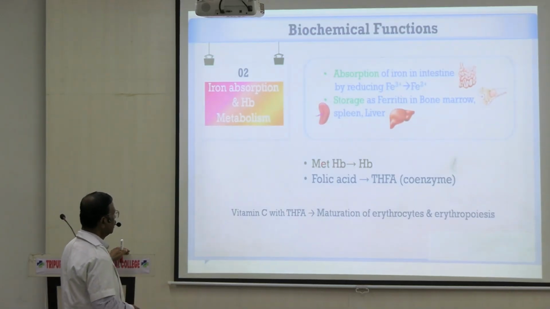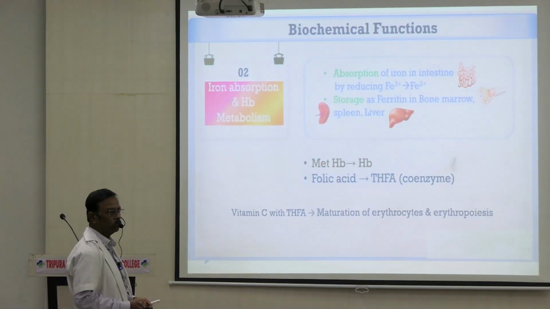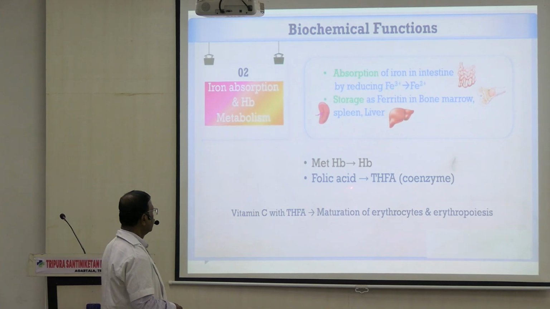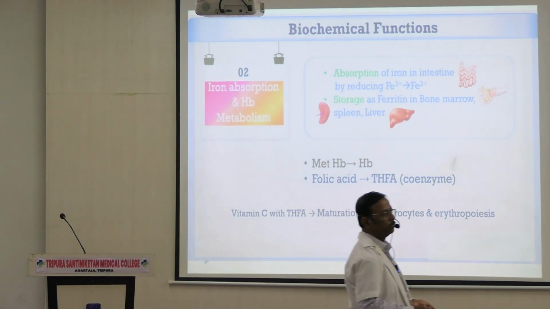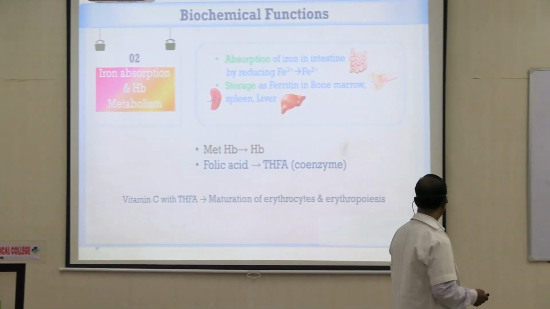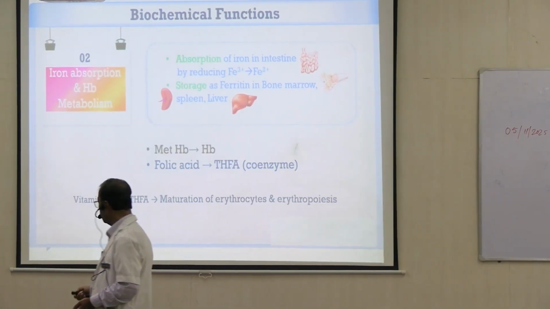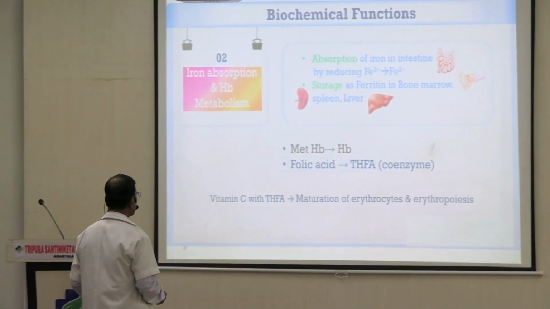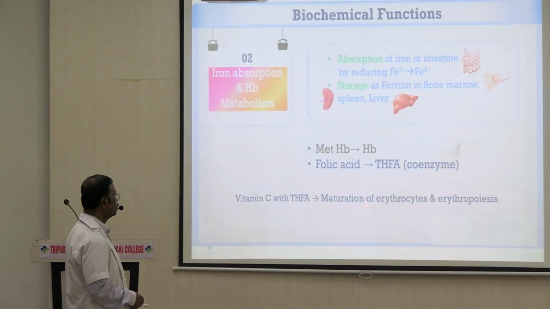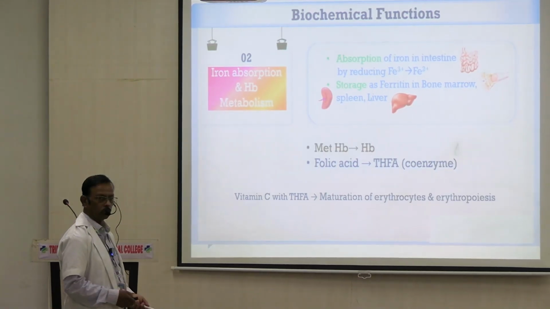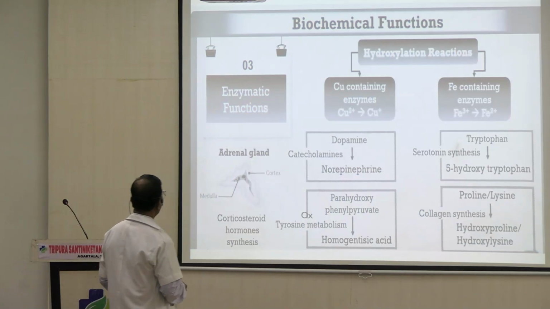It is helpful in converting methemoglobin to hemoglobin. Then it converts folic acid into its active form, tetrahydrofolate. Both vitamin C and tetrahydrofolate are responsible for maturation of the erythrocyte and erythropoiesis. Enzymatic function: